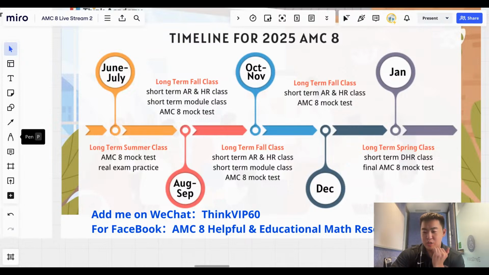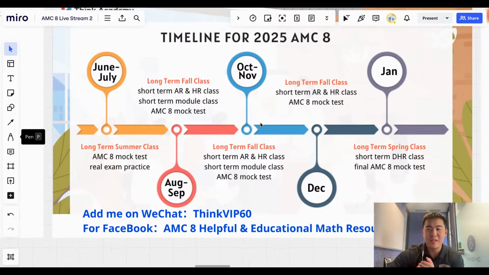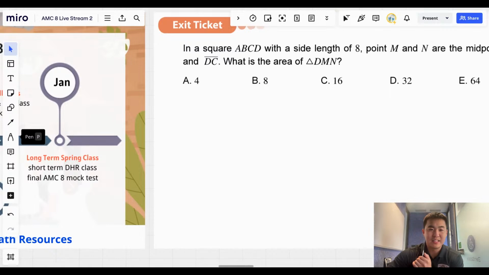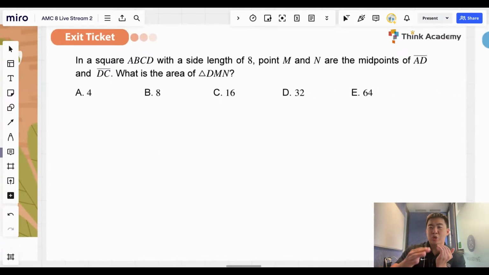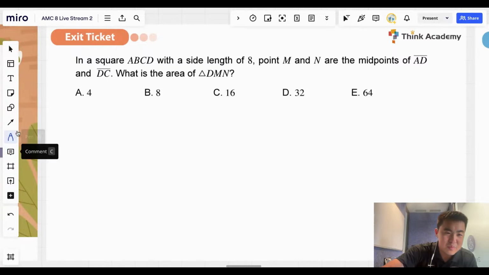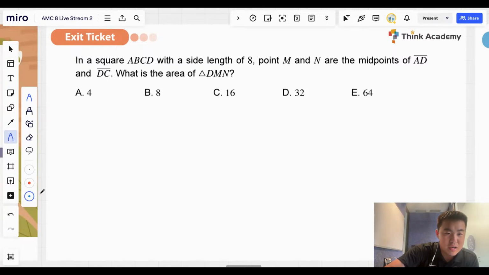And now we can move on to our problem solving, okay? So next problem is an exit ticket. Exit ticket means that when you solve this problem correctly, you know you are proficient with the technique, okay? This problem is set in a square ABCD. Let's draw the square first. I will use blue, good. So we now have a square ABCD